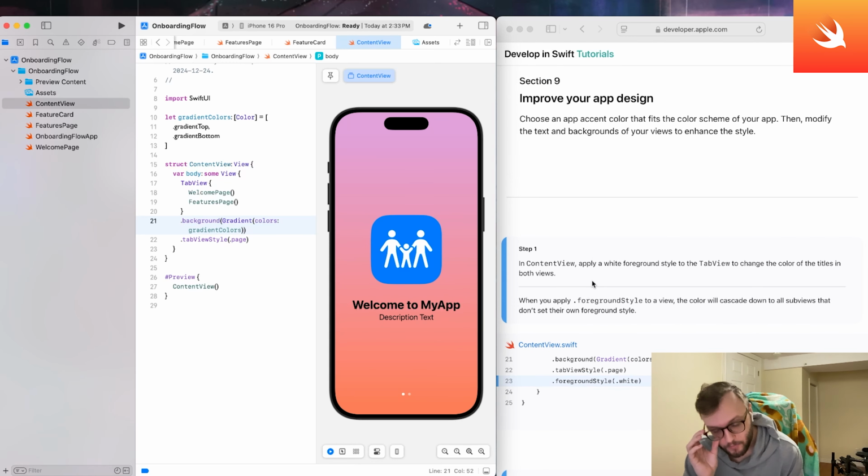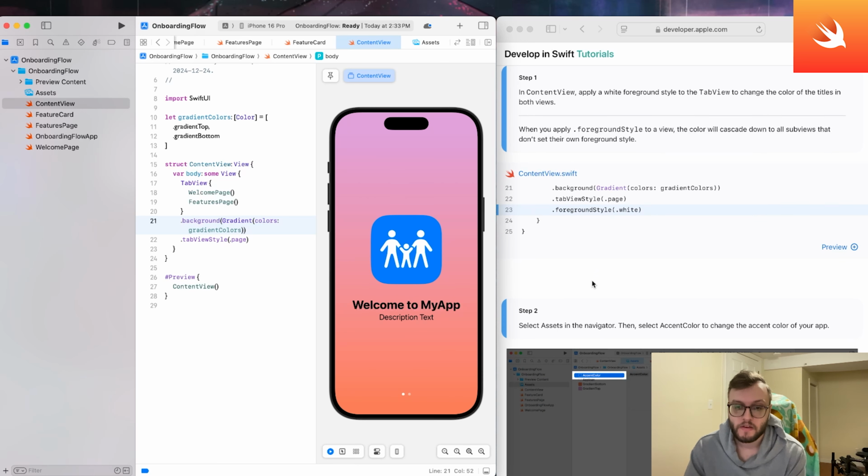All right, section 9 wants us to improve our app design. So we want to choose an app accent color that fits the color scheme of our app, then modify the text and backgrounds of our views to enhance the style. Okay, so in our content view,